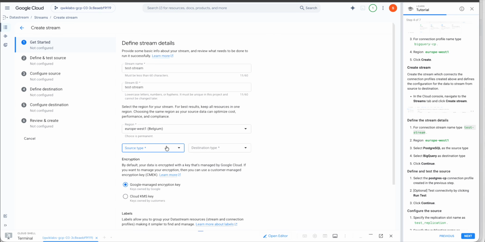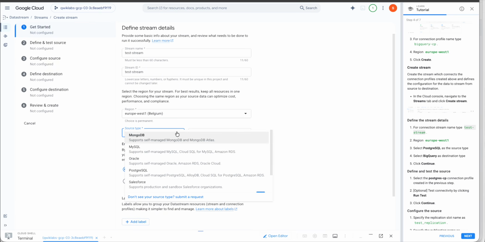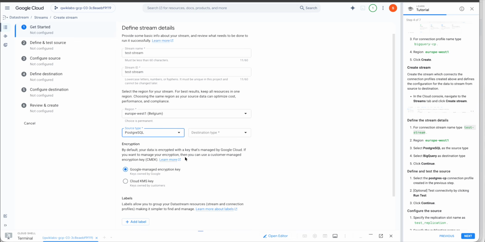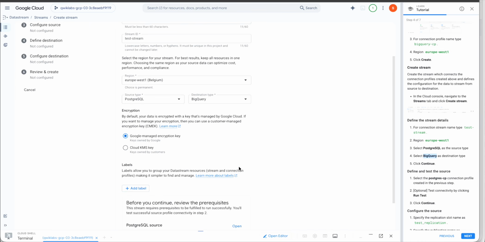So this one is the source, right? PostgreSQL, the one we have created, and the destination is BigQuery. Okay, that's what it's suggesting. Select the PostgreSQL for source and BigQuery for the destination, and then continue,